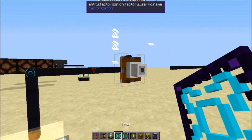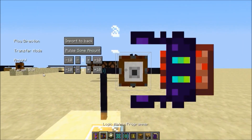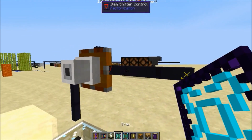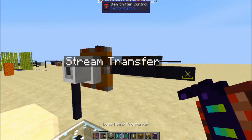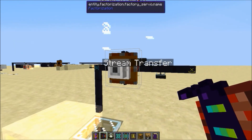Okay, it passes over the value, and now we can probably guess what happens. Target slot is put to 2. Okay, so the next setting, which is stream transfer. So let's see, it's on pulse sum amount. So when it passes,